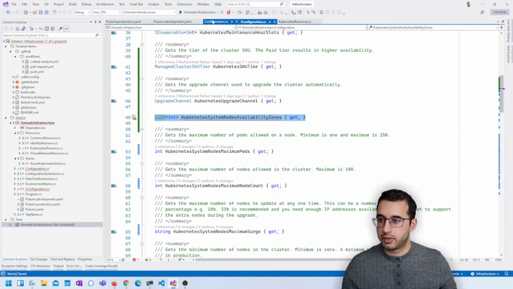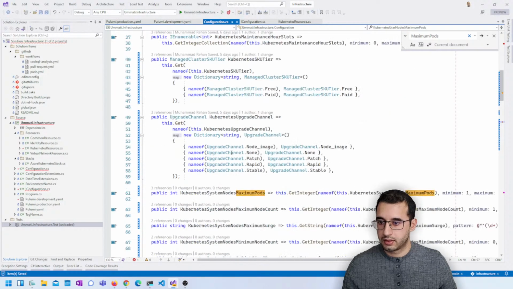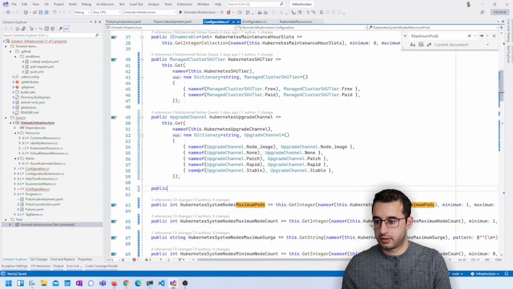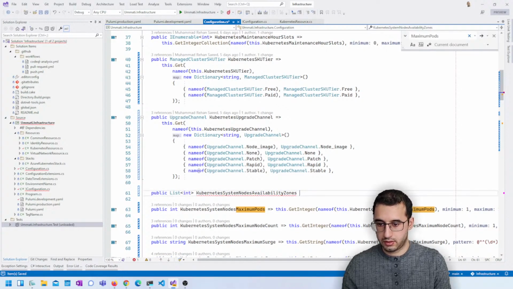And we're going to go up here and add that also here to our configuration, this dot get